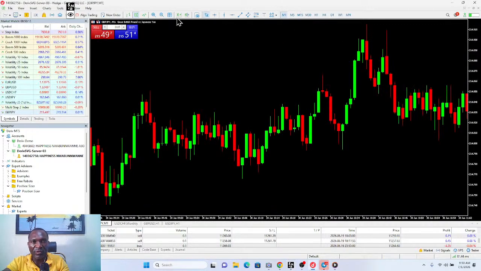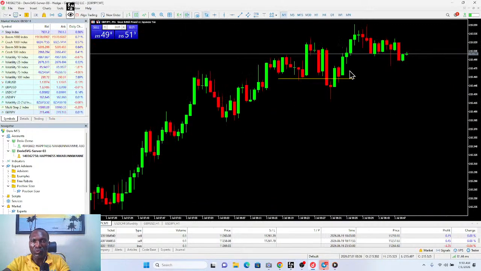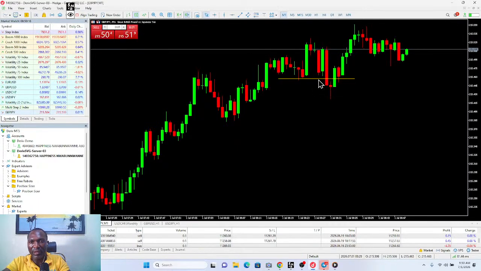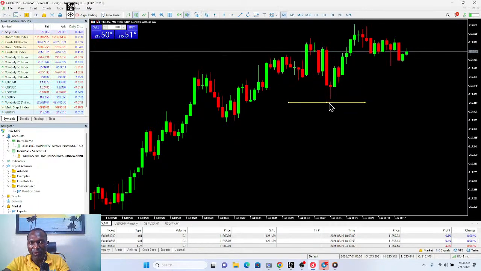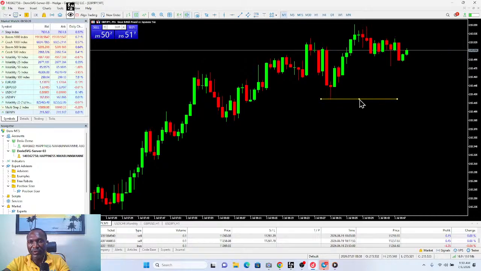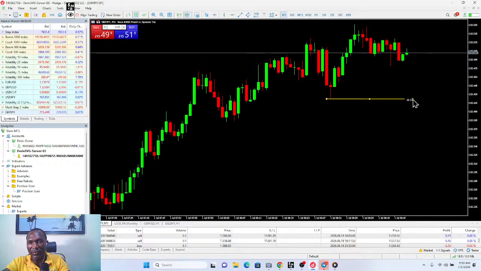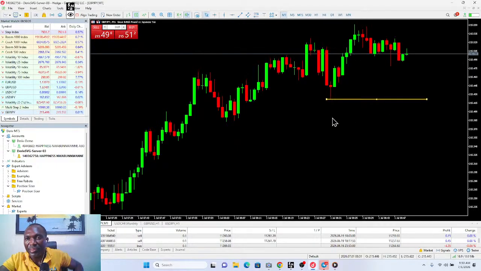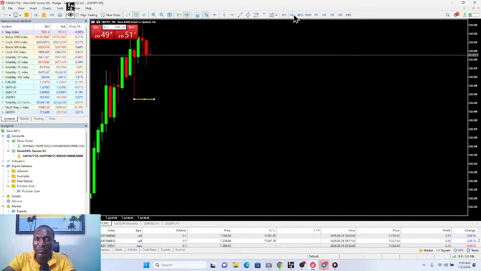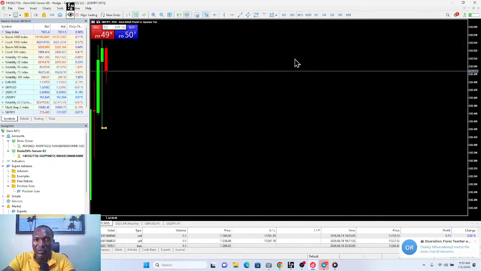Is there anything like confirmation? The market needs to break here for me to get confirmation. I need it to break this place to the downside. Once it breaks, that means there's a confirmation, although it has not gotten to my line. So what I am now looking at is the other one to take the trade again.